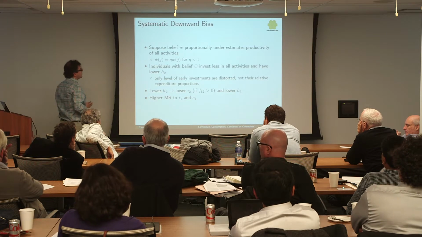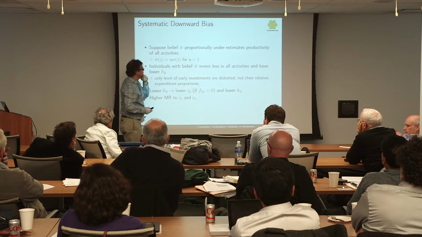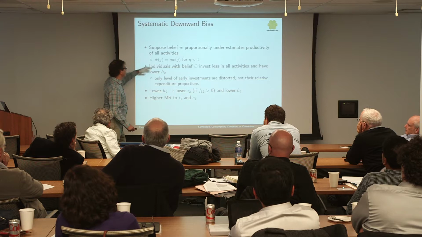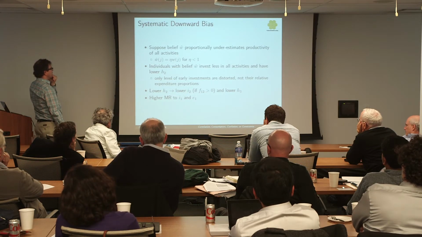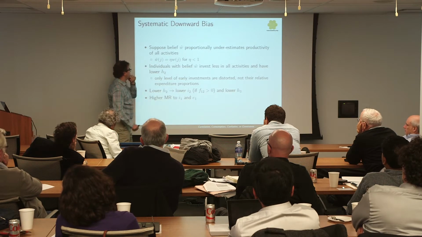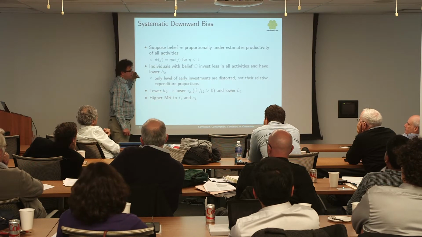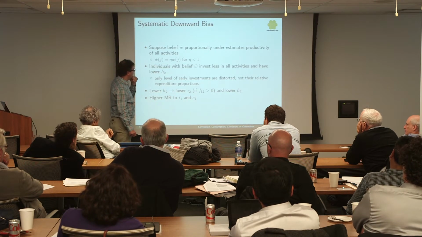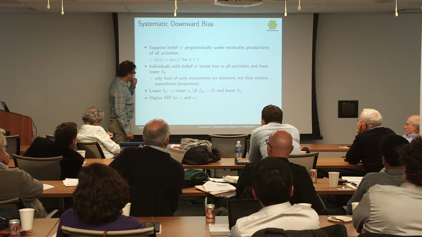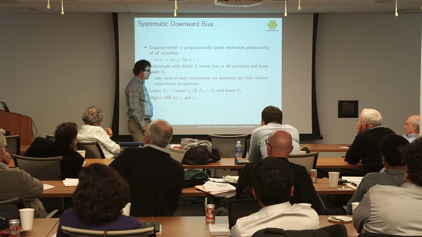One way to do it is to assume everybody has downward beliefs on everything, proportional, so they think everything is less productive than it is. I think this is closer to what Flavio is talking about in his work, although I don't know that he's looked that widely across activities. That would be interesting. You could show in this case you're going to get less total investment out, less early investment of all types, and you're going to have a high marginal return on your investments.